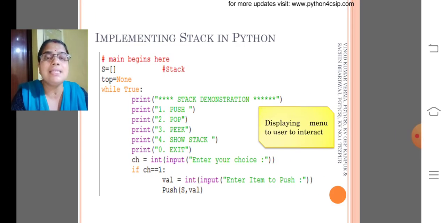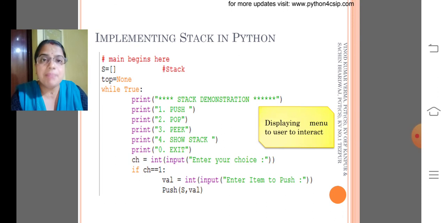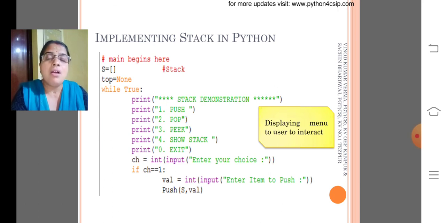My dear children, this is the actual program to implement the stack in Python. It starts from an empty list, top becomes none, while True. While True means what? While always true. Then it will display the menu for the user to interact with. The user will choose any one option from the given list of options, that is push, pop, peek, show stack and exit.